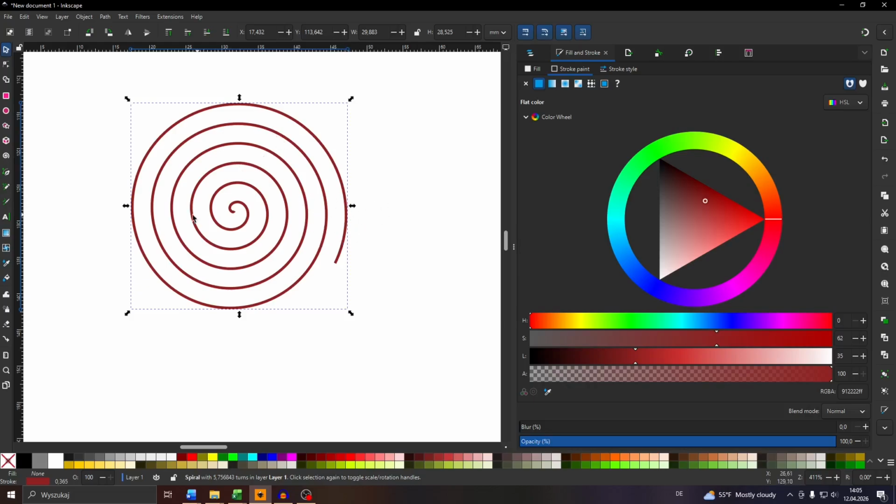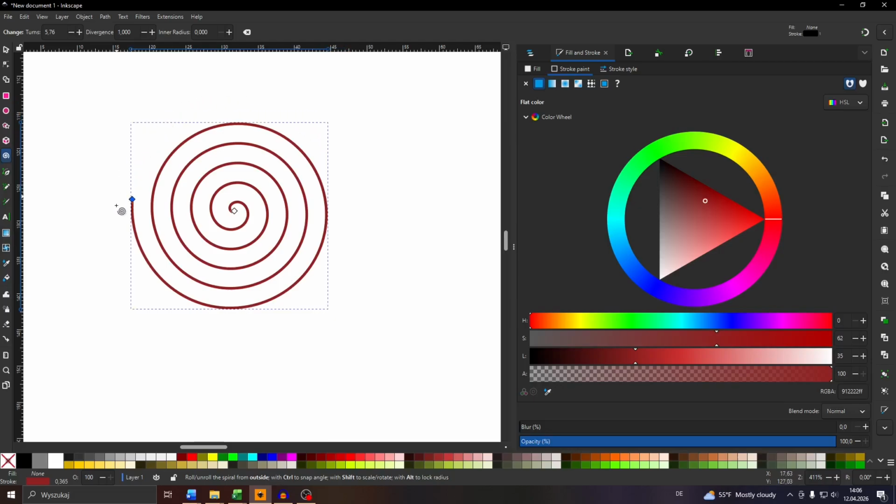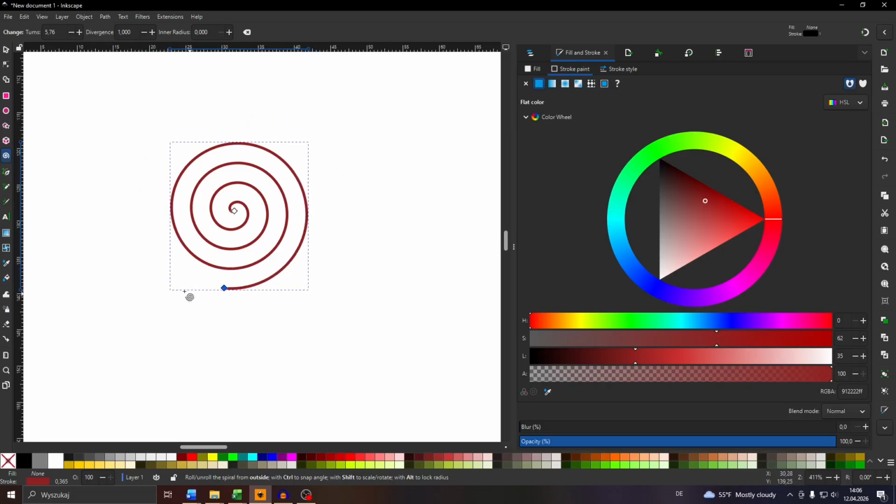You may do that by selecting the spiral tool again, and then you will see this handle at the end of the line or at the beginning of it. So you may use one of these. Let me go with this one, left click into it and hold your left mouse, and that way increase or decrease the length of the line, or you may increase it,